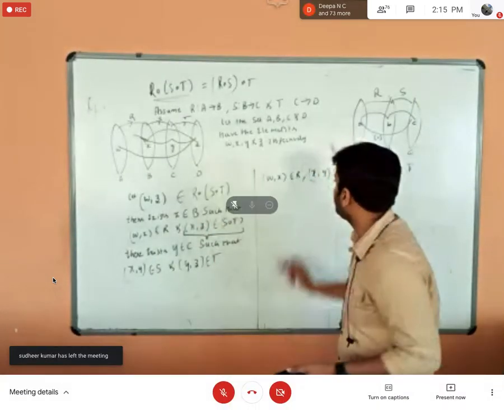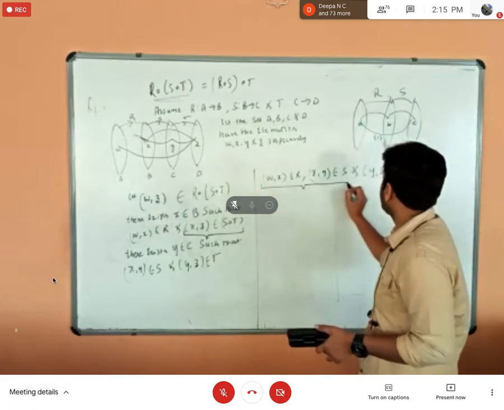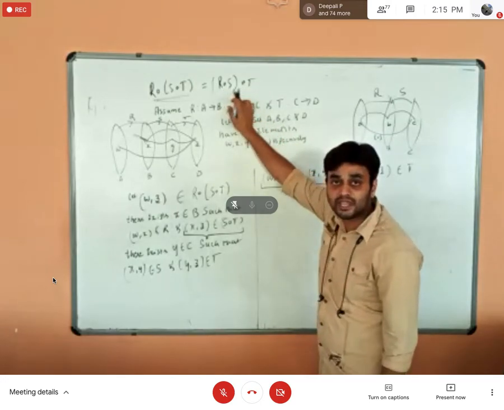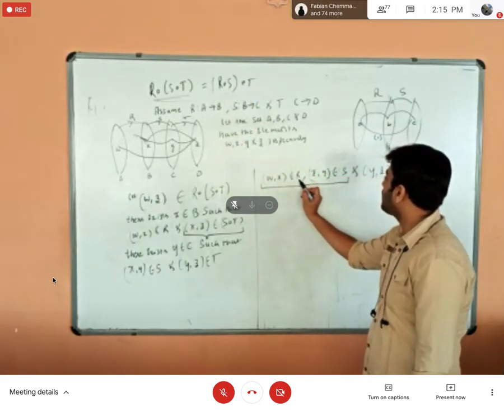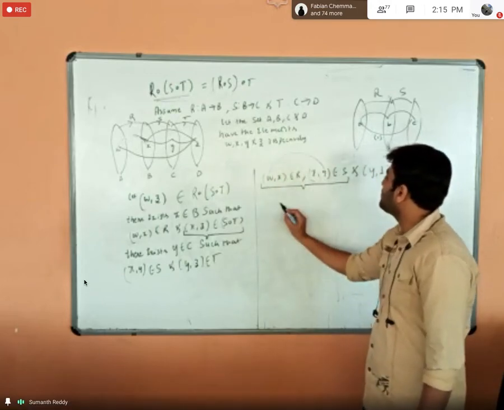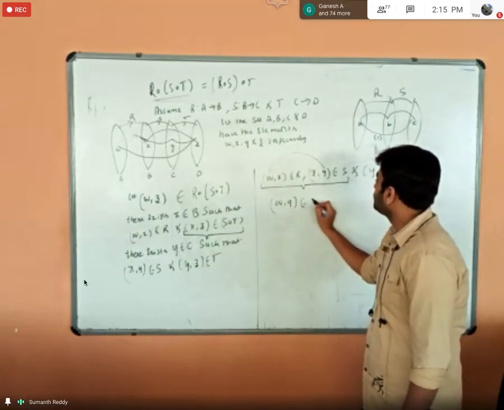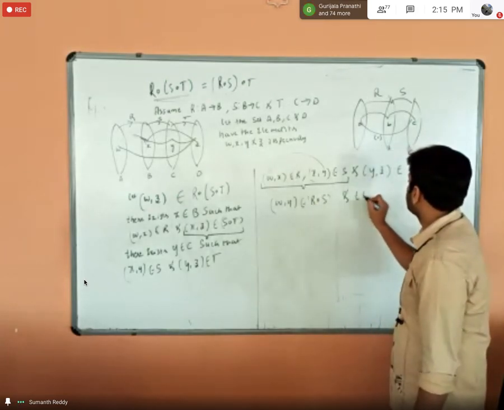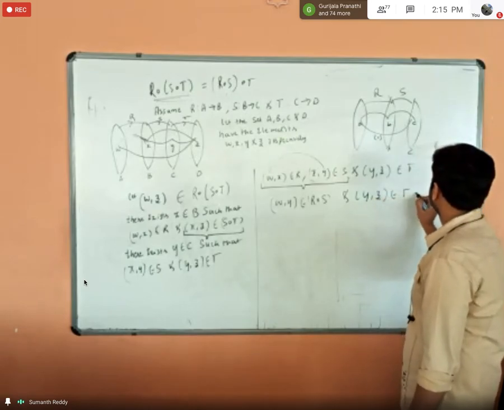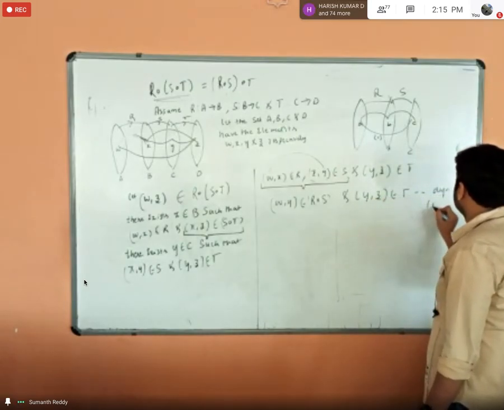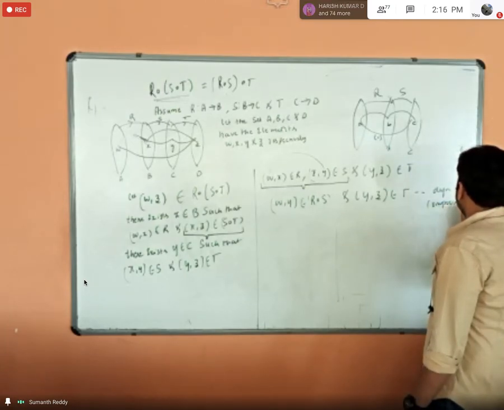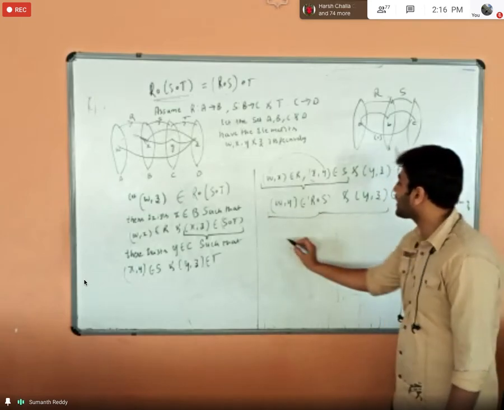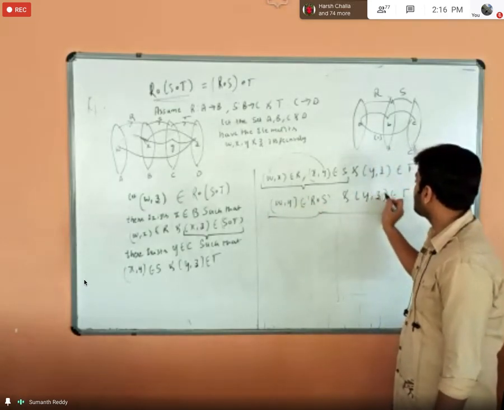So this time I'm combining. Why am I combining these two? Because I need the RHS, where R and S are together. In order to get that, since W comma X belongs to R and X comma Y belongs to S, W comma Y belongs to the relation R composition of S, right? So this I will write as it is, that is Y comma Z belongs to the relation T. This is by the definition of composition of relations, right? After this, again I will combine these two: W comma Y belongs to R composition of S and Y comma Z belongs to T.